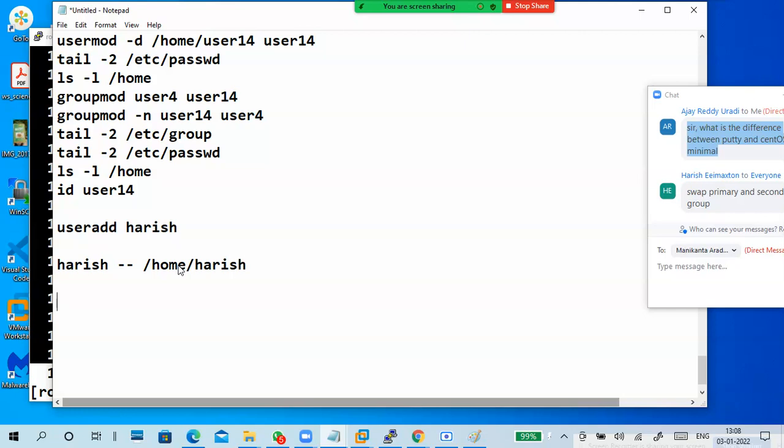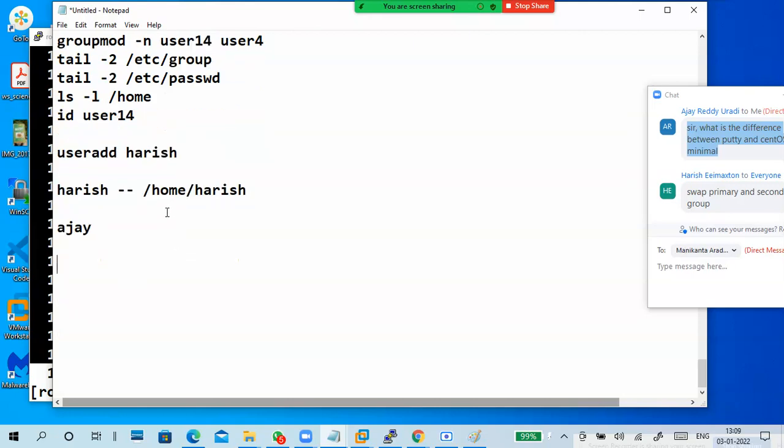Leave aside the group; if you add a particular group, then it is not at all a problem. Username is Harish, which means automatically the home directory is /home/Harish. Now I change Harish to Ajay. I change the username from Harish to Ajay, but Ajay's home directory shows like this, both in the settings and in the actual folder also. When I login, his home directory shows /home/Harish only. Then there is confusion, right?